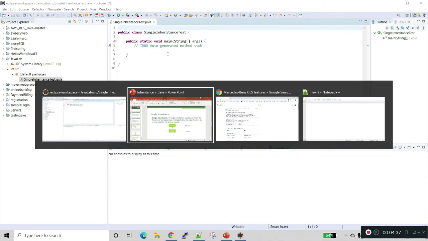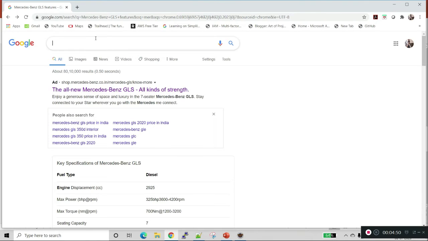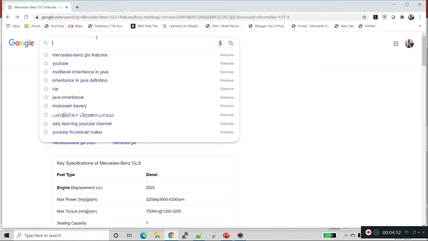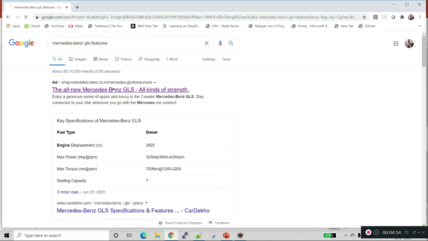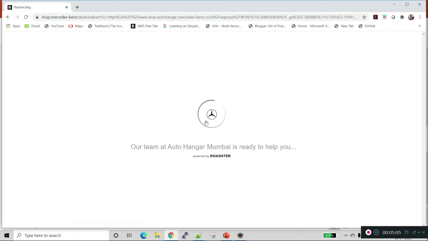Now we will go to the PPT. We need to create a superclass car and a subclass model. We will go to Google and find some car details, and select any one for our demo.